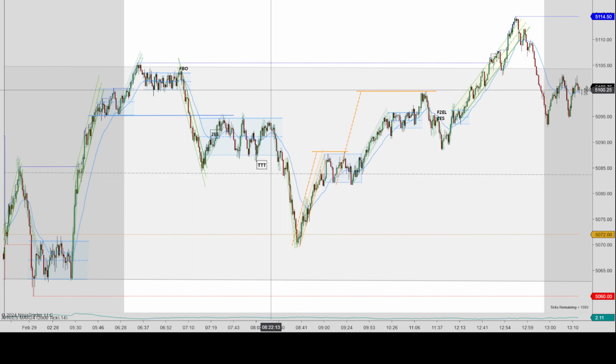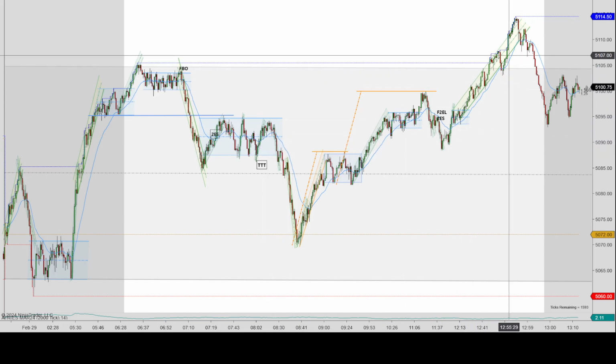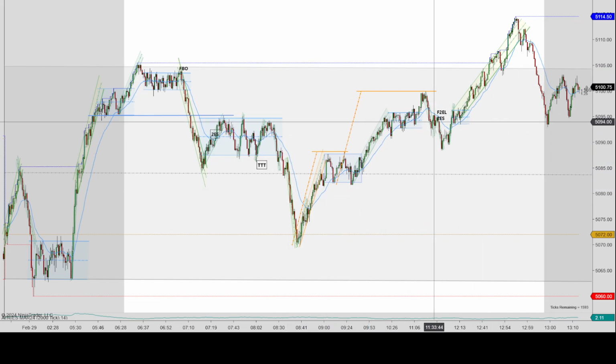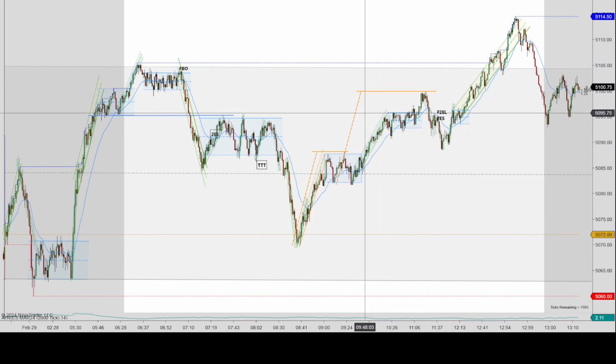I don't know what happened, but there was also some weird glitchy thing. I had to shut down NinjaTrader a couple of times, and when I brought it back, my markers for my trades had disappeared. They were there part of the day, but then I shut down a little later over here, and when I restarted after the market closed, my markers disappeared. So I'll just call out where my trades were. It's pretty much this one where I lost, and then this one where I won. After 8:30, I really couldn't trade, so I just came back afterwards and looked for some really obvious setups.